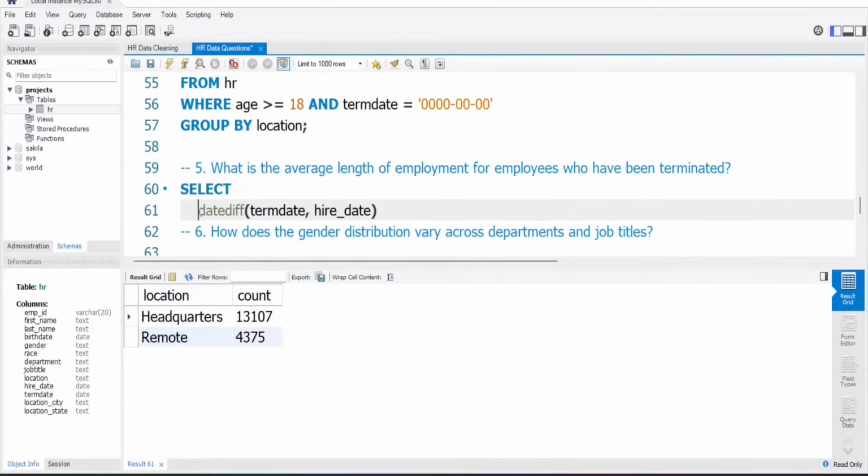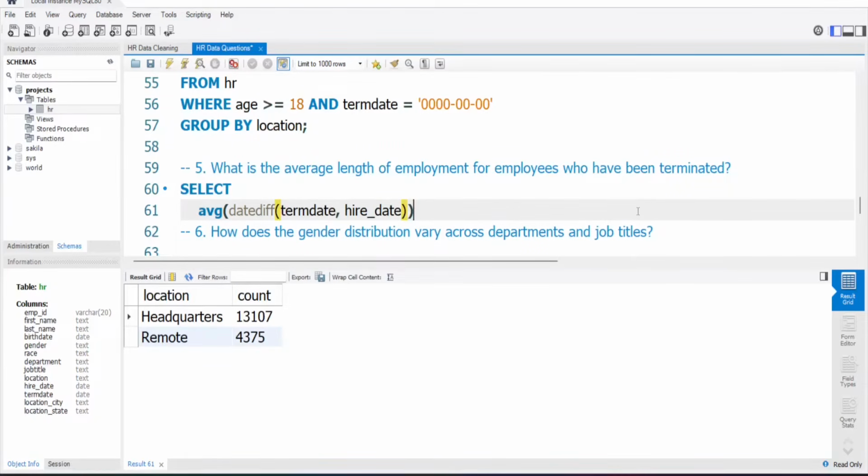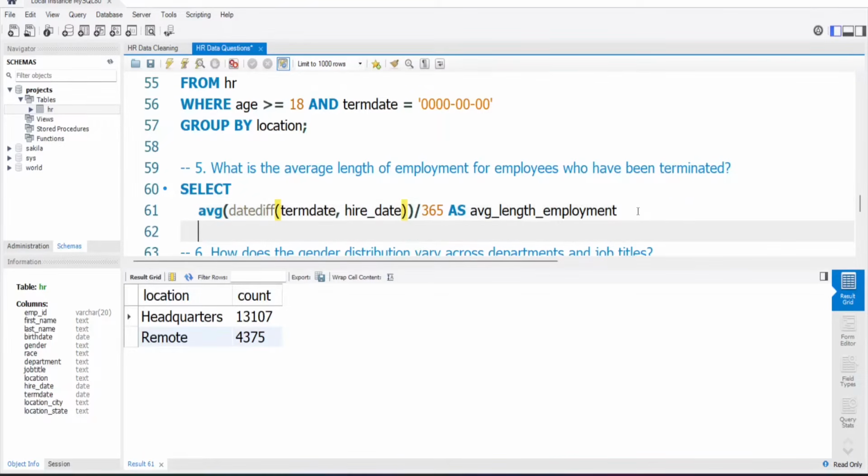to be able to get it in years. So because this is the average, you're going to use the average function. So we do avg, we enclose all of it as the average, then we divide by 365 to get the number of years. So all of this we'll save as average length of employment. I know it's long, you can give it a shorter name. So all of this, we do it from HR,